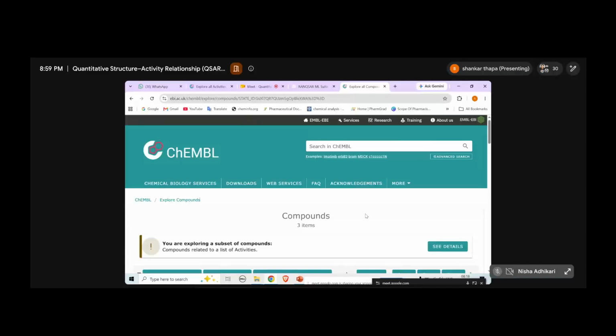Sir, I have one question. What is the maximum number of compounds that we can download like this? There is no maximum number, but for a QSAR model there is a minimum number. The bare minimum is 10 compounds, which is not good, but still okay. A minimum of 10 compounds in the training set is required, but I never suggest taking 10 compounds. My suggestion is always to go above 30 compounds, so you can develop a good QSAR model.